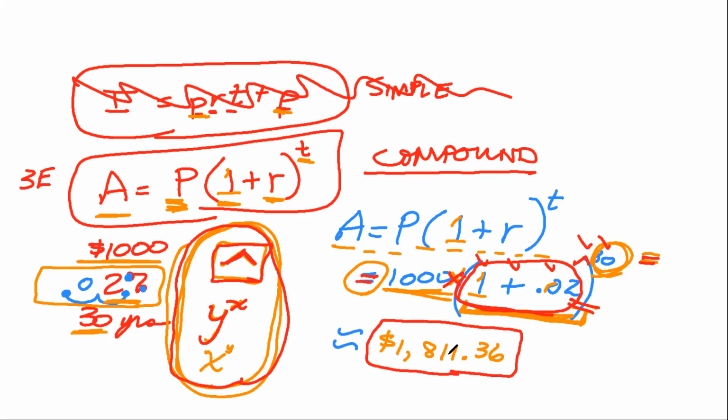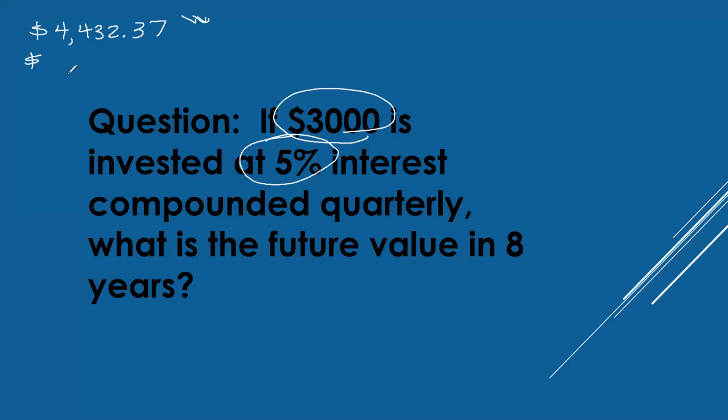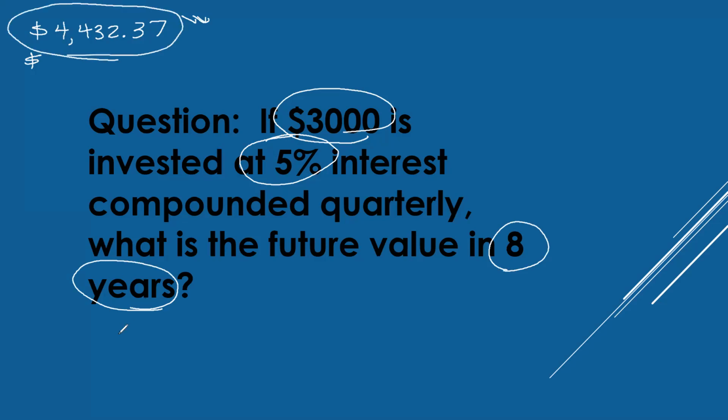So now I'm going to send our live people off to do this on their own, but first I need to pause. So I'm back, and this was the question I sent my live students off to go answer, and it's wrong that I've got too much on there. I asked them to go grab the 3,005% and the 8 years, and they all came back with this answer. So the accrued amount would be the $3,000 times 1 plus the 0.05, send it up to the 8, and they said it came out to be about